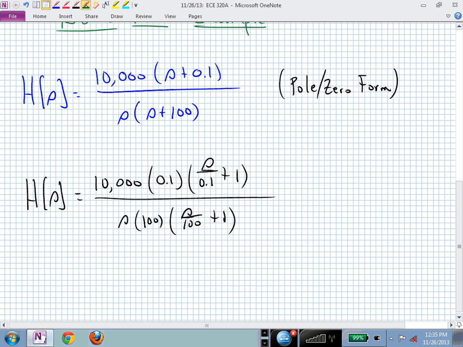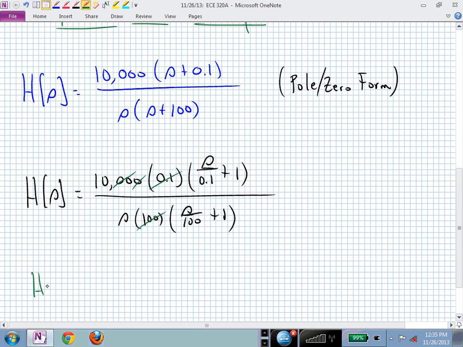And we can see that the 0.1 will get rid of one of those zeros, and the 100 downstairs will get rid of two of those, and so we really end up with our transfer function H of S being 10 times (S over 0.1 plus 1) over S times (S over 100 plus 1), and this is now